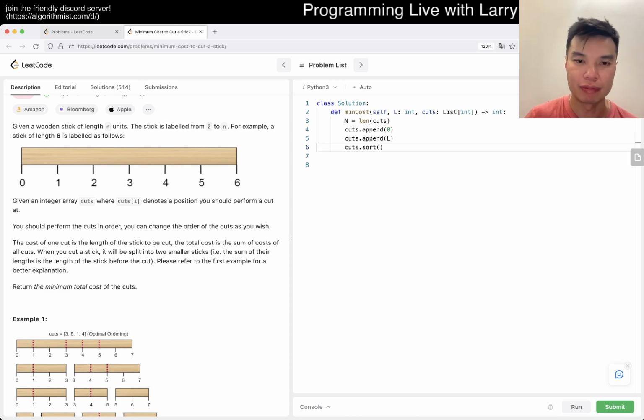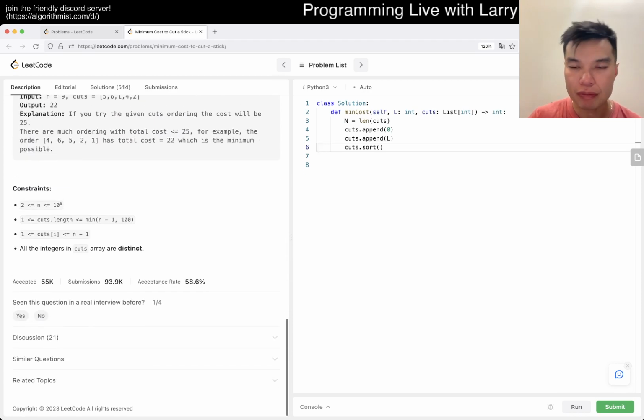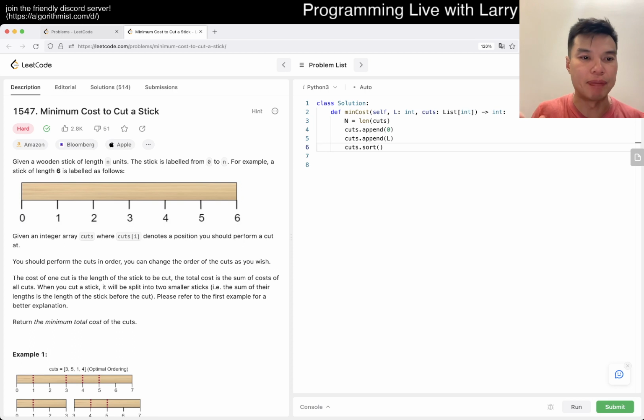I assume they're not going to give us 0 and L. Because once you cut, you're always going to be on one of the edges anyway. So now we want to calculate the min cut for